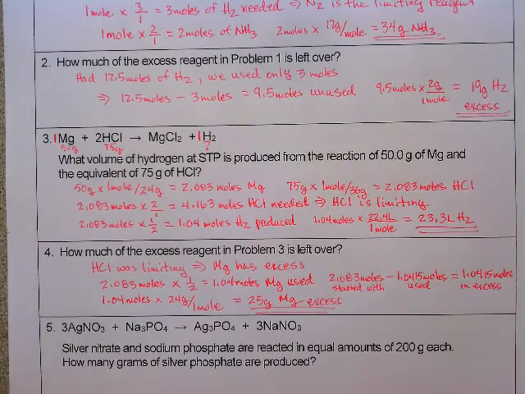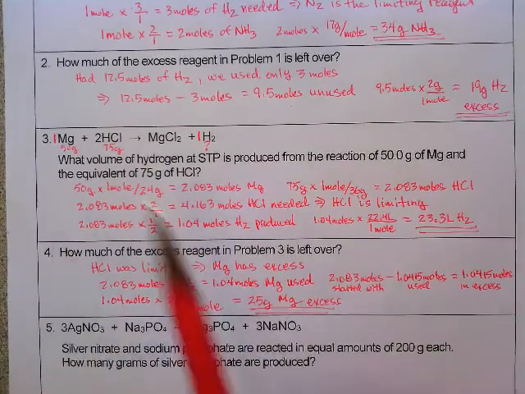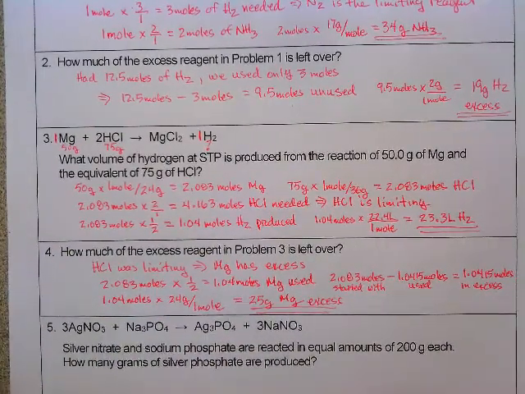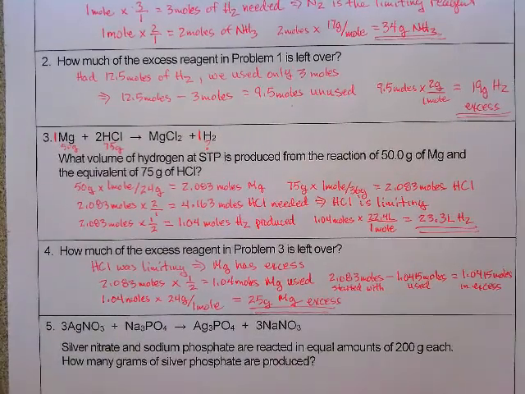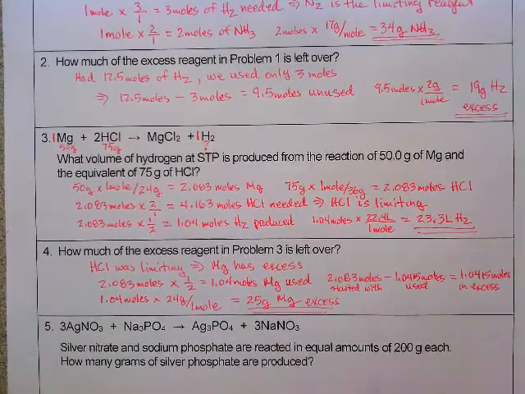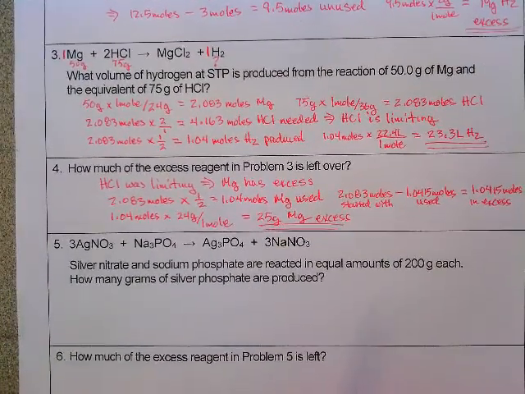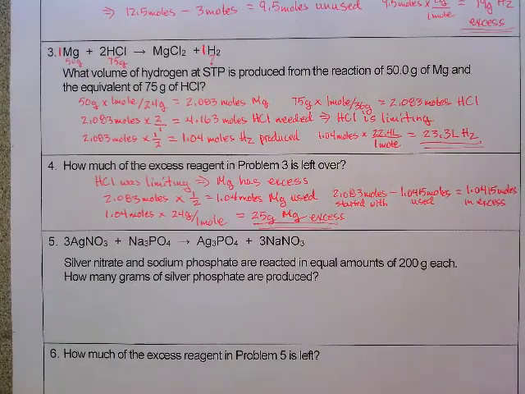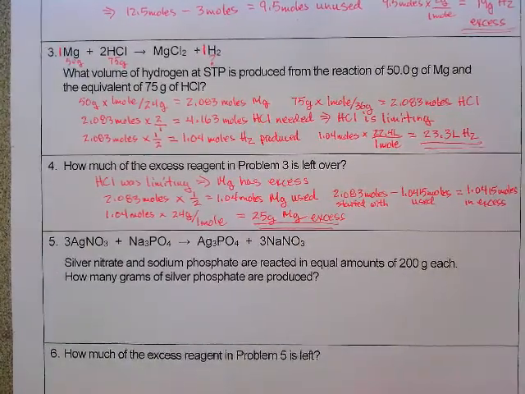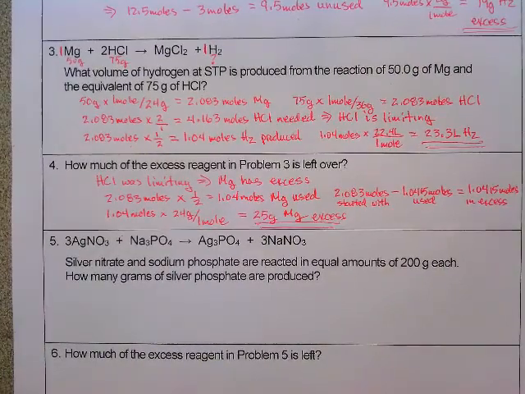And so there we have another problem. Again, it is the mole amounts. In addition to that, it is the mole amounts with the mole ratio that tells us what is limiting. All right, last example here. We have some silver nitrate and sodium phosphate. We have 200 grams of each, so we actually have the same gram amount of each one, but we have